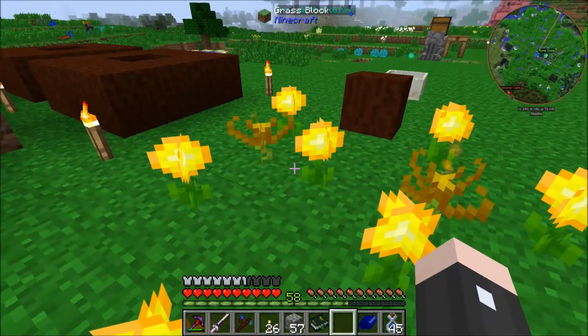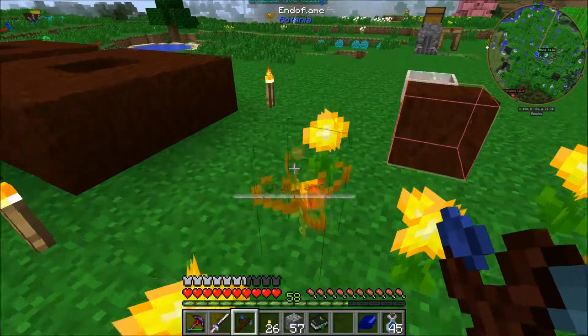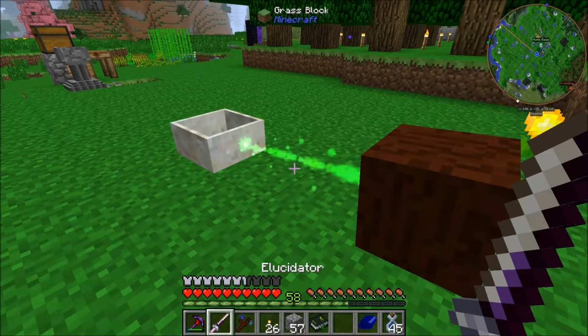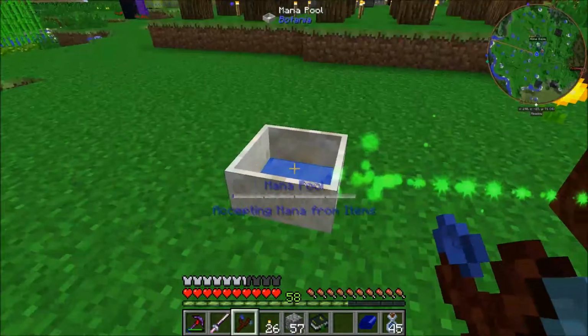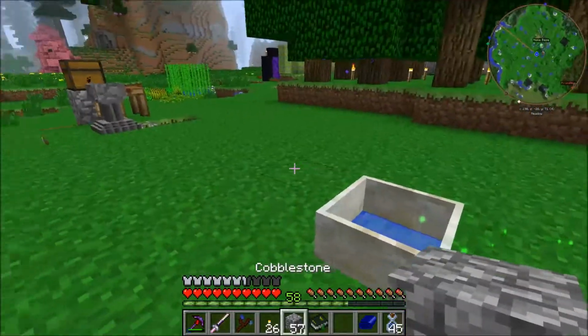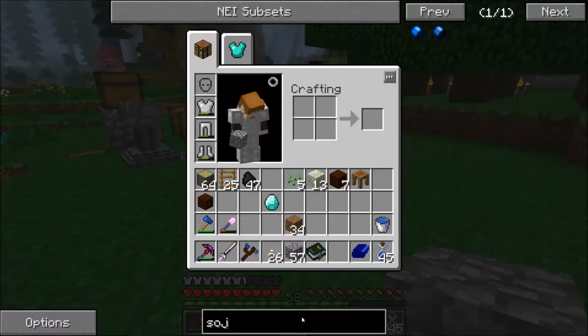So, there we go. Both flowers are now burning, creating mana. And you can hear that shooting a lot more often. So it's generating way more mana than the day flowers. And it will take anything that burns, really. But charcoal will work fine. And let me get set up for the next step. Because for Sojourner's Sash...